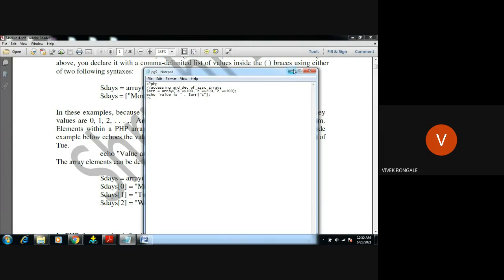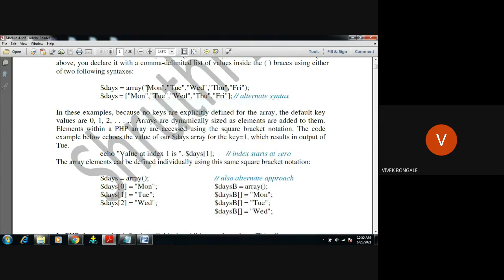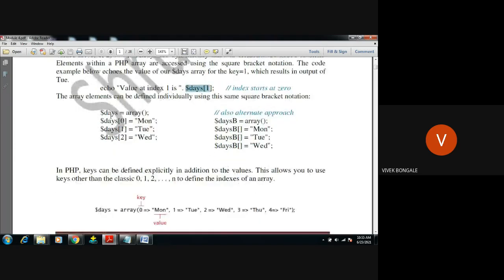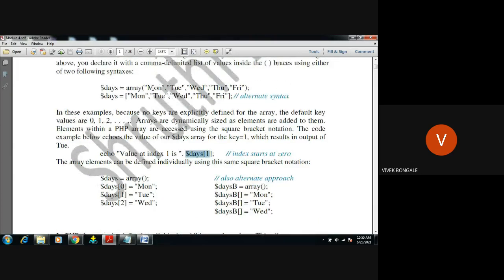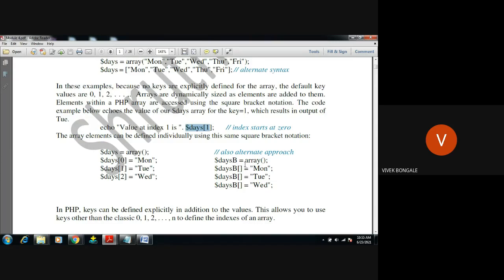So $days equals array, Monday, Tuesday, Wednesday: 0th index for Monday, 1st index for Tuesday, 2nd index for Wednesday. And there is also an alternative approach.